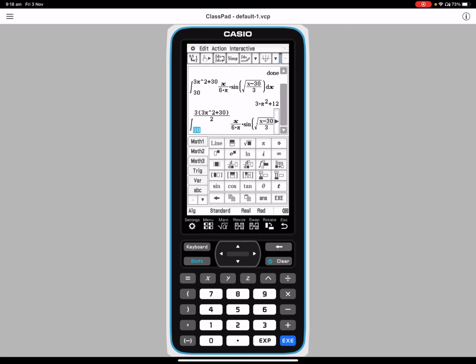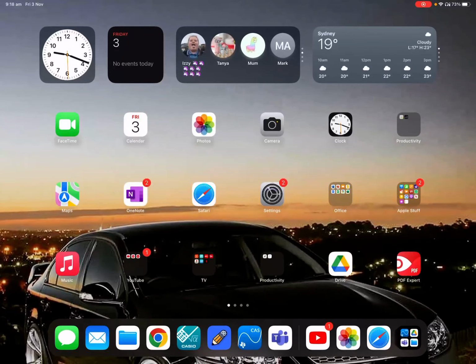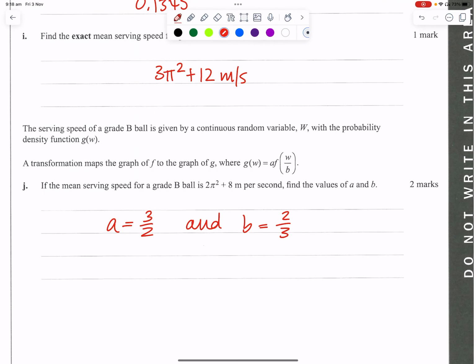And then that is going to be, hang on, that one's hurting my head. F onto the graph of g, where g of w